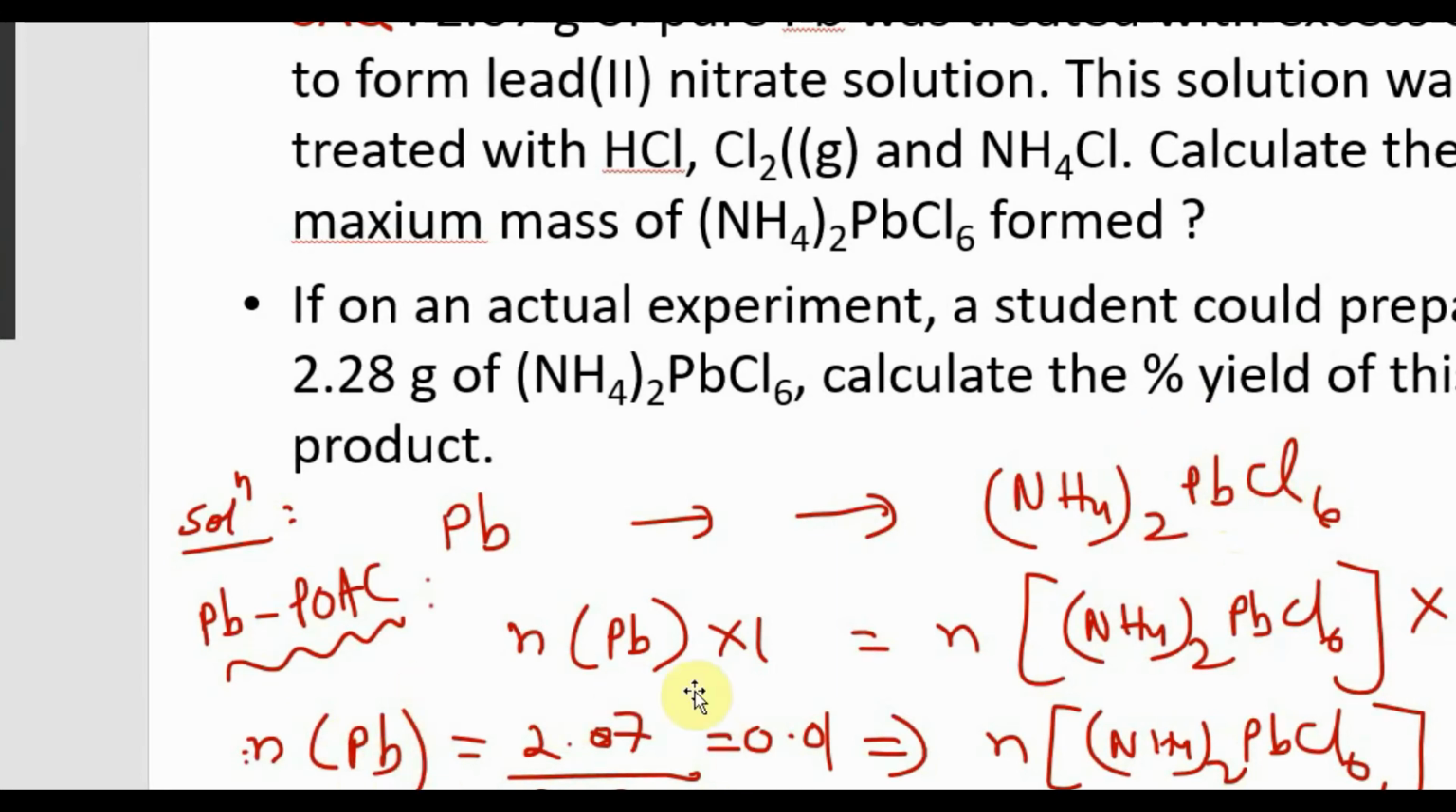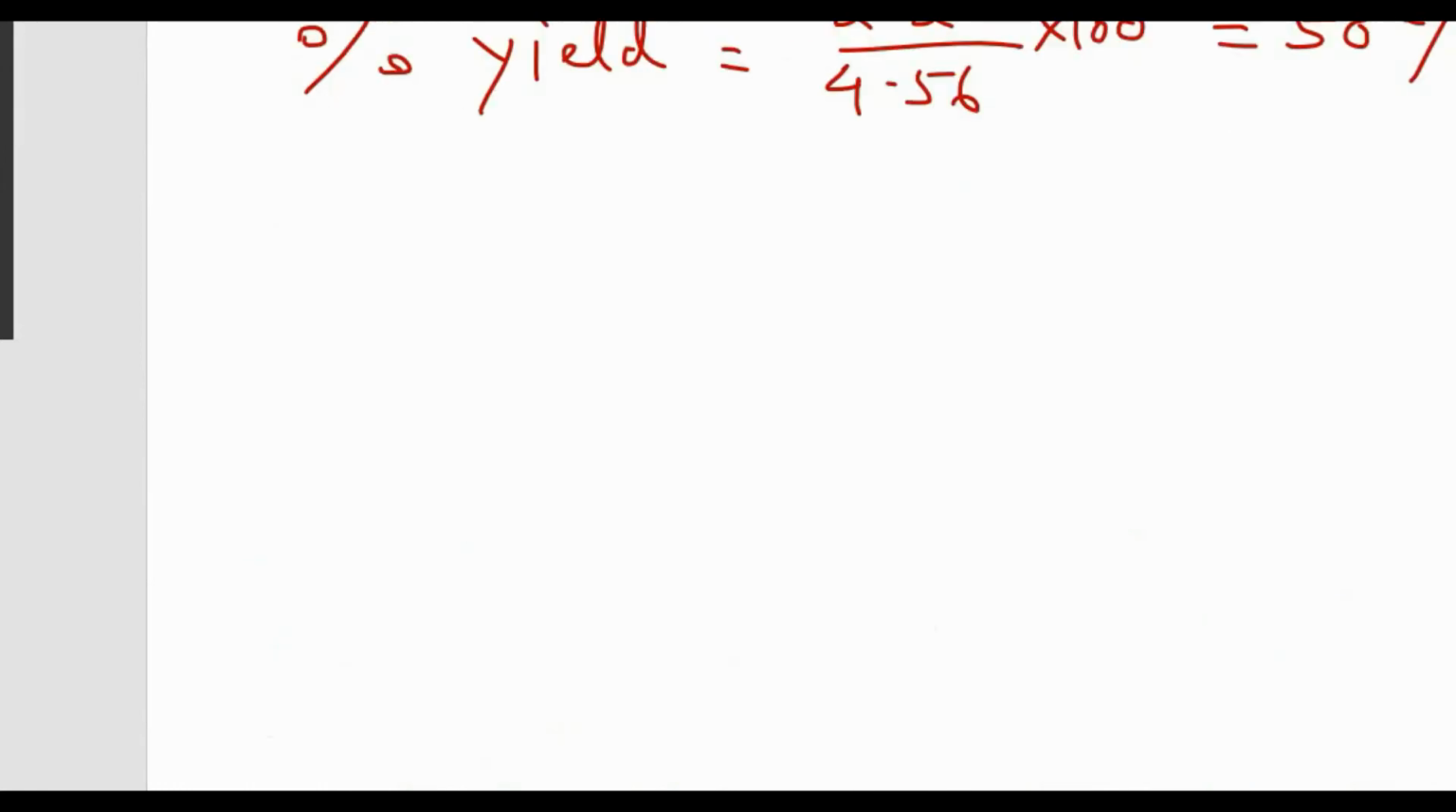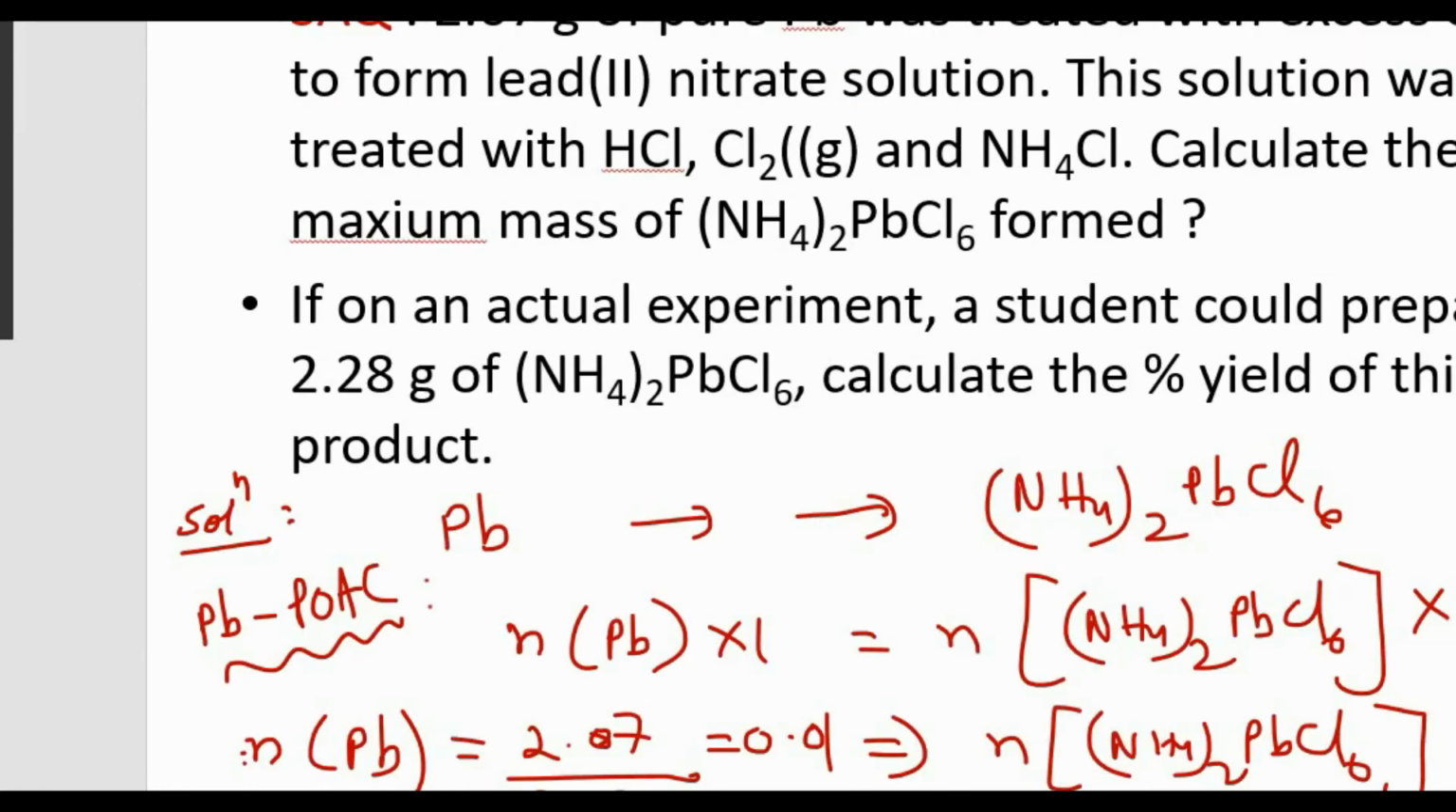So whatever is the number of moles of lead, the same is the number of moles of the complex compound, 0.01. Then we can convert it into its mass by multiplying with its molecular mass, 456. So the mass of this complex compound formed is 4.56. Got it? How simple. And the yield, because the ideal value, if it's 100% converted, all lead is converted into